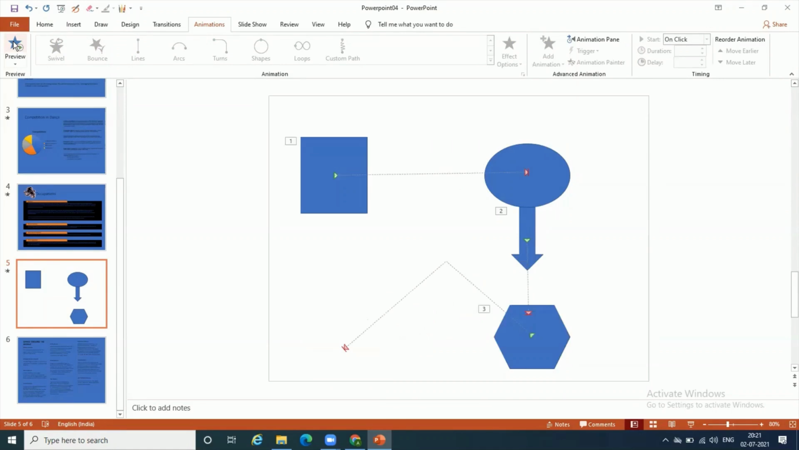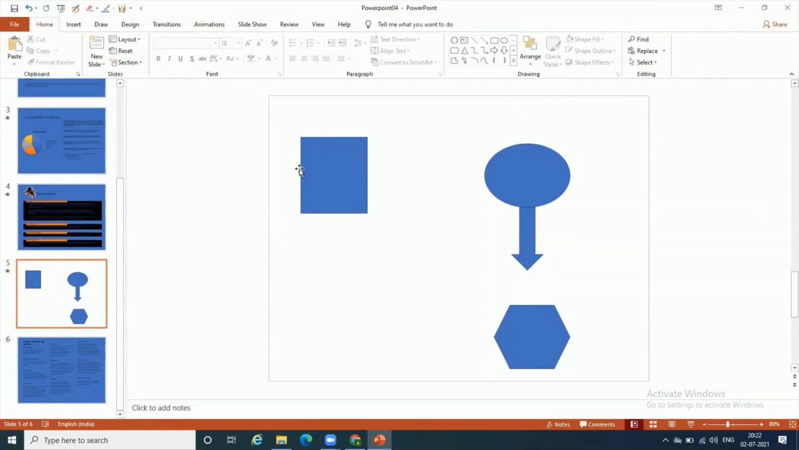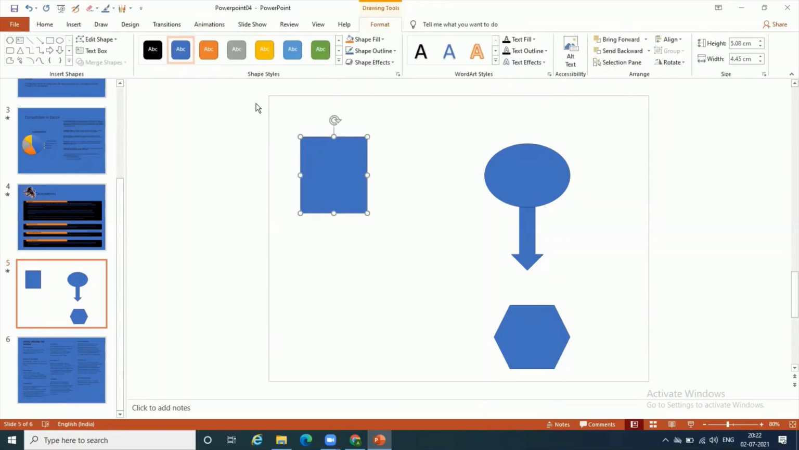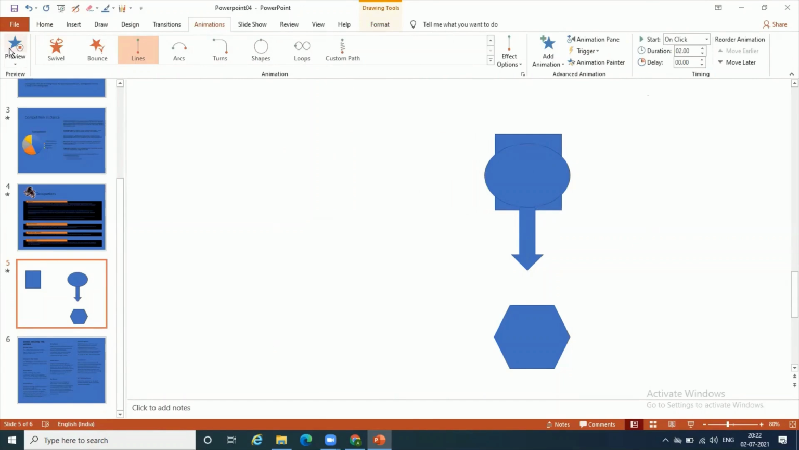Then you realize, you say, यार ये जो arrow है इसको इसके ऊपर आना चाहिए. ठीक है. I click on the arrow, I go to format, and I've got here bring forward. So I say bring to front. And let's review this. Arrow ऊपर आया और shape